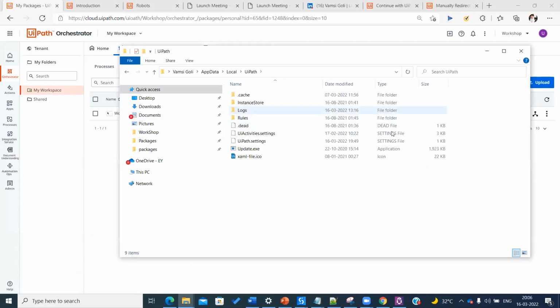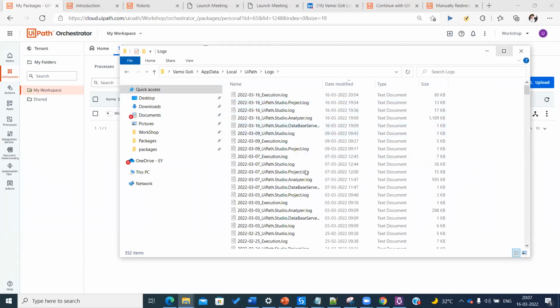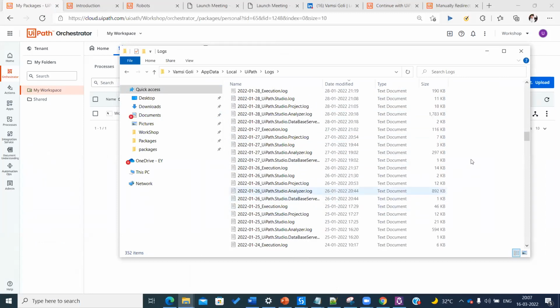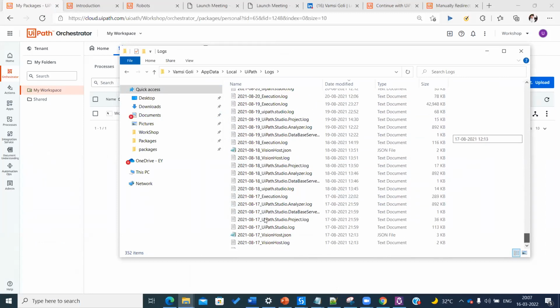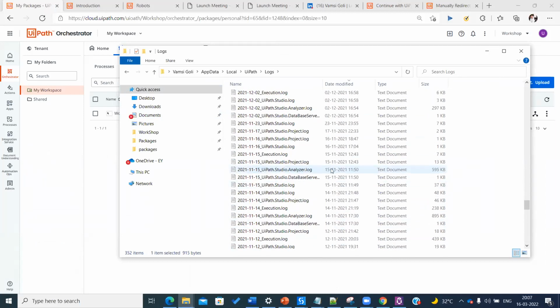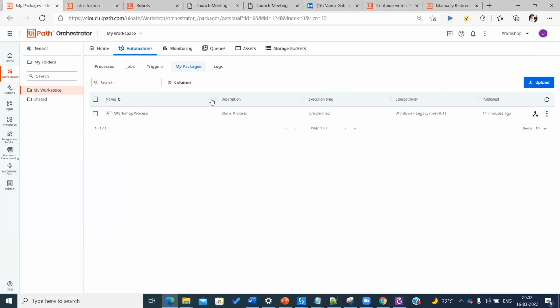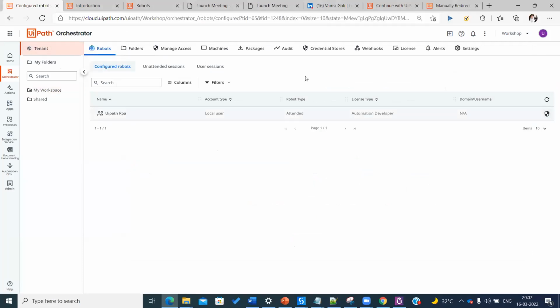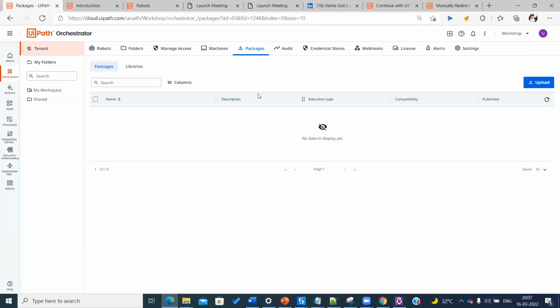So everything is going to navigate to the same place, and all the jobs, if you see, I've been using this from last August. So from August, whatever I would have run in this machine, all those logs will be coming up. Even for a developer, it will be helpful to see what is happening. And logs is very important. I covered these topics, and I need to show you something in the packages. So this is the next topic. What we are learning is the difference between packages and libraries.